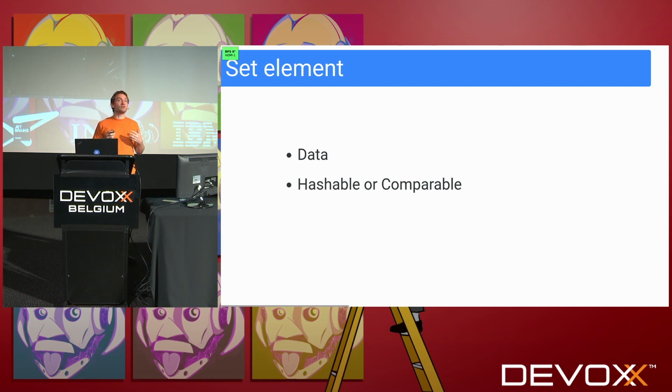Under the hood, they can use either a binary tree, resulting in a search operation whose cost in runtime is proportional to the logarithm of the number of elements. And for this, we must have a total ordering. We must know how to compare any two elements to determine which one is the smaller. Or they can use a hash table, resulting in a search operation that is constant time on average. For this, we have to know how to hash an arbitrary element. So hashing something is taking a digest, a binary digest of something.